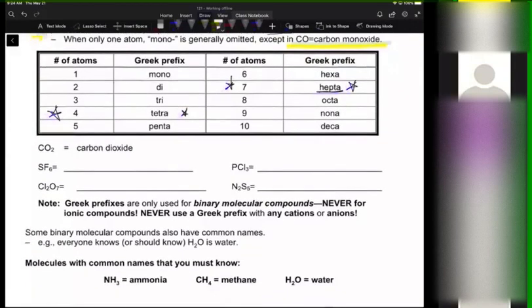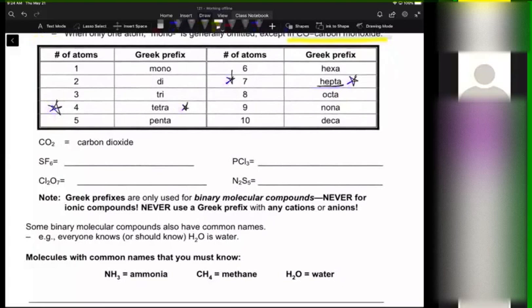That first one has a sulfur, so we're going to name it with the element name and no mono, so it's just sulfur hexafluoride. Now this next one has 2 chlorines, so we do use the prefix on that one. This is going to be dichlorine. And here we have an oxide with a hepta. A lot of times if you have that AO combination, we'll drop one of the letters. So I would typically write this as